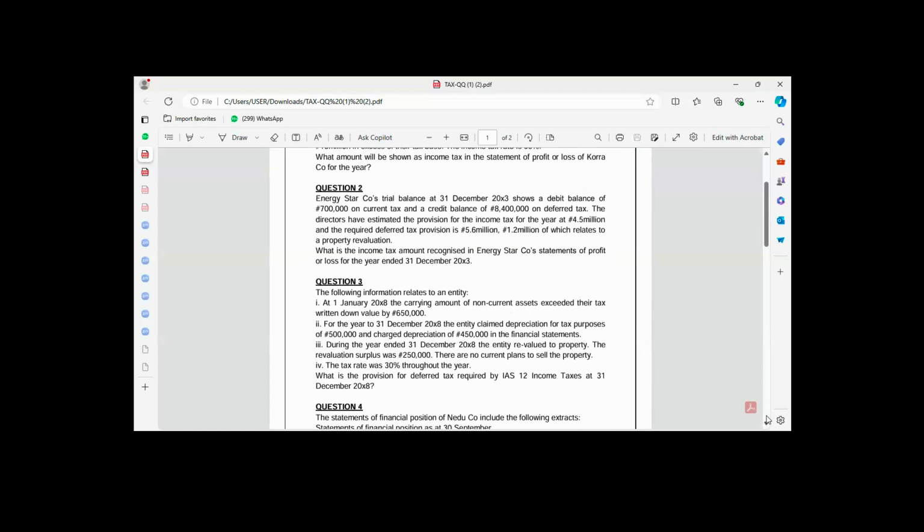On January 2008. Yeah, sorry, before we leave that, the revaluation, what effect is it going to have? It goes to OCI, other comprehensive income. Yes. Okay, so